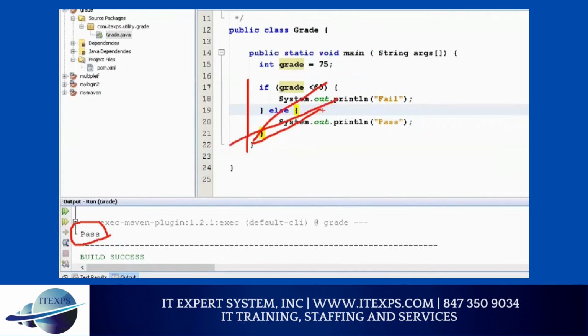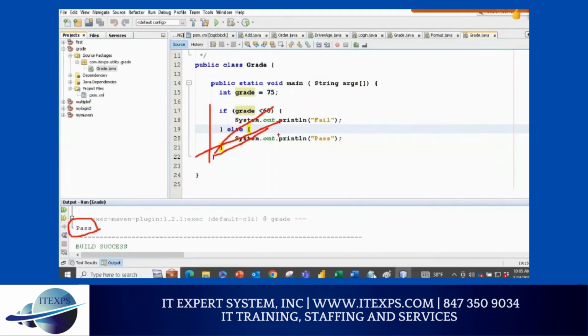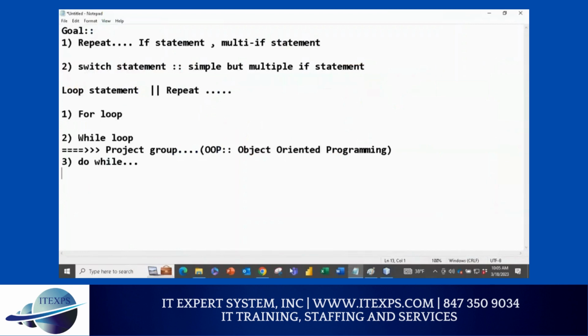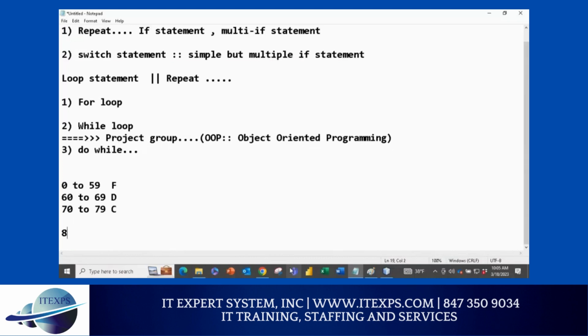So what is multiple if statements? So let's understand. So you all have studied in some school or college, you know that 0 to 59, you get a grade F. But 60 to 69, right, you get D grade. 70 to 79, you get C grade. 80 to 89, you get B grade.